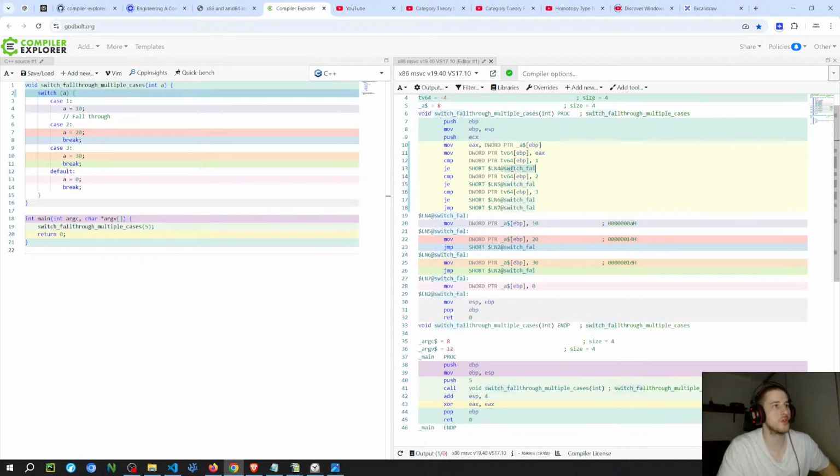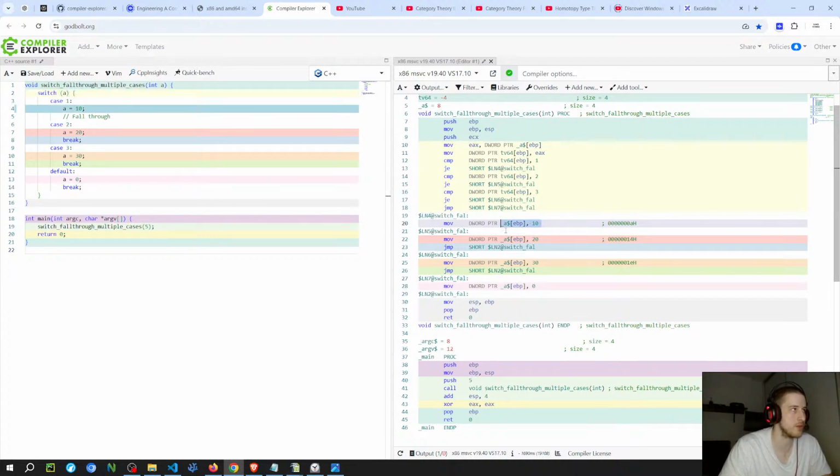So jump if equal should be the label here. In the case that it is correct, so let's say A is 1, it is going to go there. So this condition is going to move. It's going to update the value of EBP, or the value that wasn't on the stack there on the same address, to 10, because it's going to move.